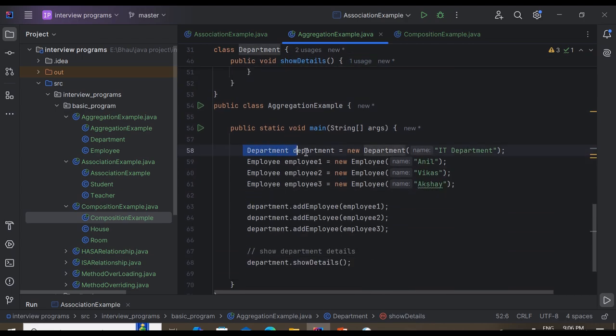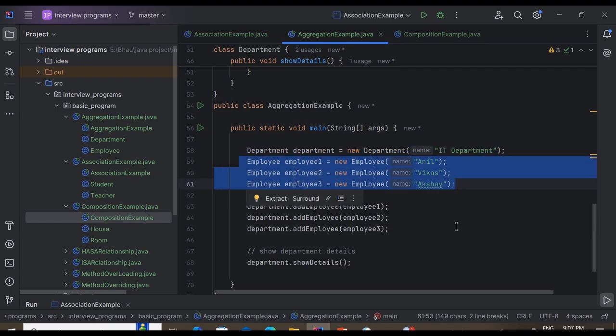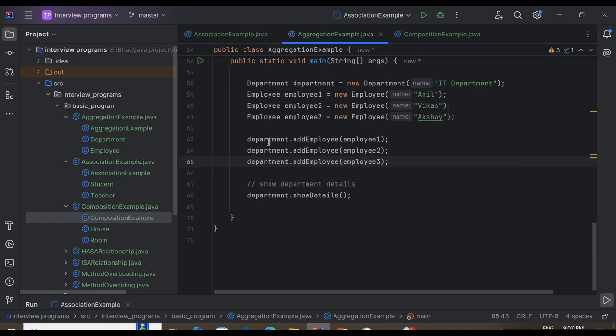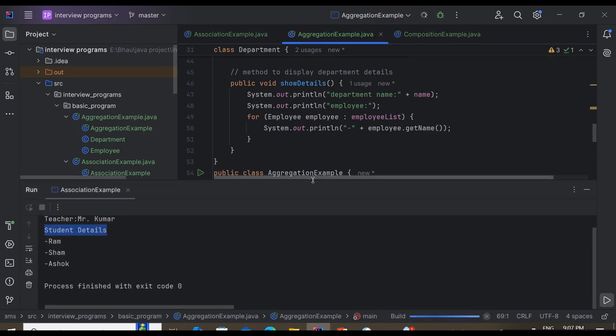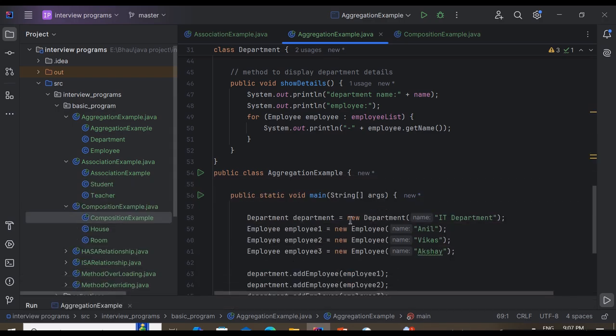And I have created the object of Department, and then created three Employee objects, and inside the Department object I add all the employees and just print the show details message of the department. If I run this program, let's see what the output will print. So it will print the department name, IT department, and employee details like Anil, Vikas and Akshay. So this is an example of